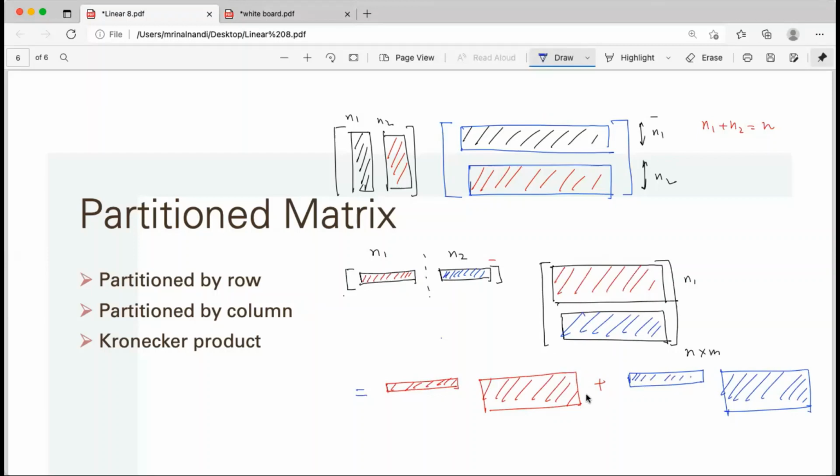Oh, then no, it's not add. What will be add? Yes, it will be add. It is n1 cross 1 cross n1, so it will be n1 cross n. Yes, it just adds. That means you need the rows, and you find the linear combination of these rows of the right-hand side matrix. If there are n many rows, you first take the linear combination of n1 many and n2 many of the rest, and then take the summation.